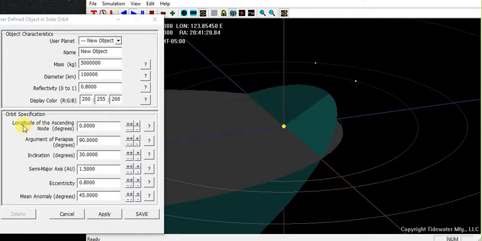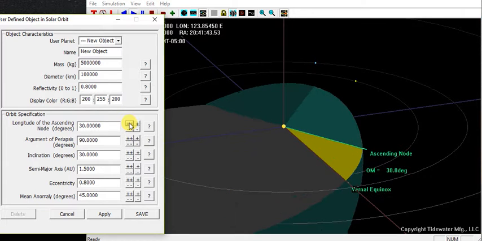And so that's the point of definition. The angle, longitude of the ascending node in degrees, is the distance in degrees from this reference direction, called the vernal equinox, to that point of the ascending node. Right now it's 0 degrees of separation because they're in the same place, but as we increase it, we'll see the